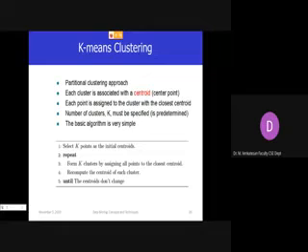Then you have to compute the distance between the centroid of each cluster and all the given points. If the point is very close, it means we are finding the similarity. What is clustering? Clustering is nothing but grouping the data. How will the data be grouped? Based on similarity. So if data 1 and data 2 are similar, then the two data will be placed in one cluster. I will compute the similarity.